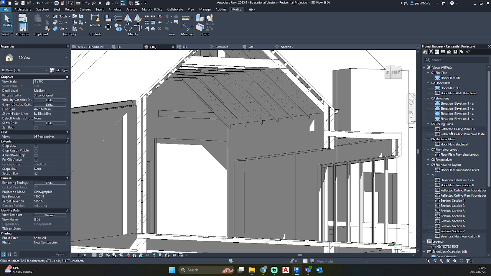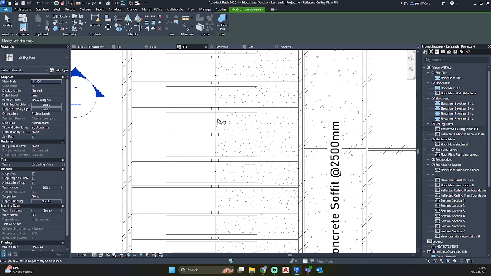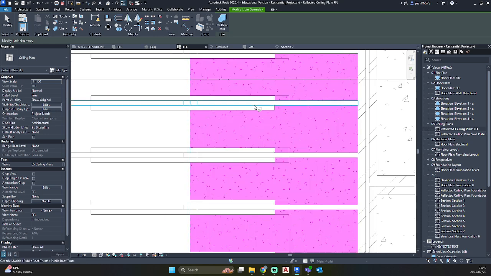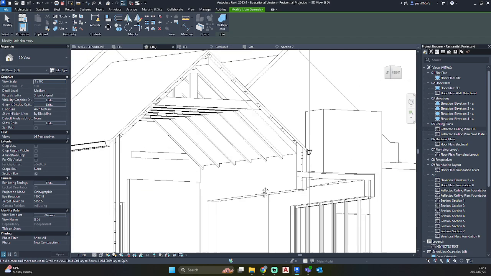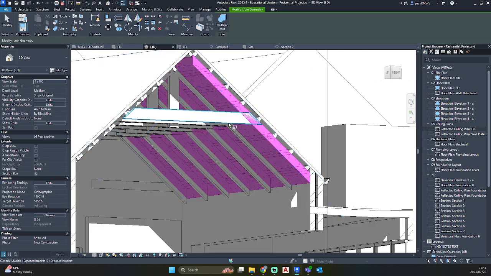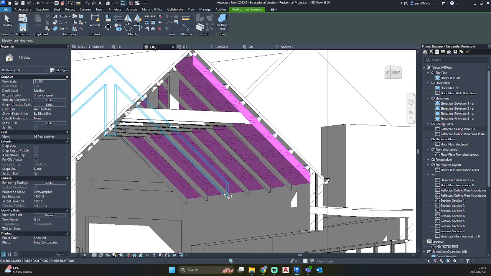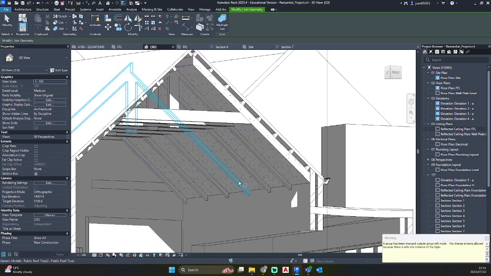So let's go to our ceiling layout and select under geometry, join. Select your ceiling and just go ahead and click on your trusses. So what we are doing now, just to explain it in 3D, is we are creating clean cuts, clean joined areas with our roof truss.